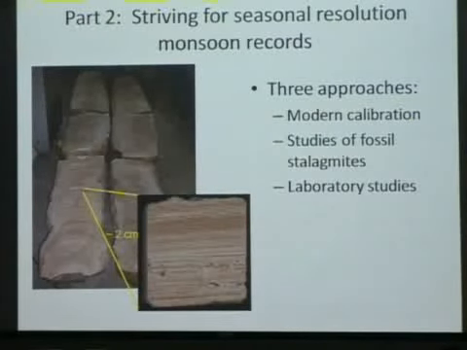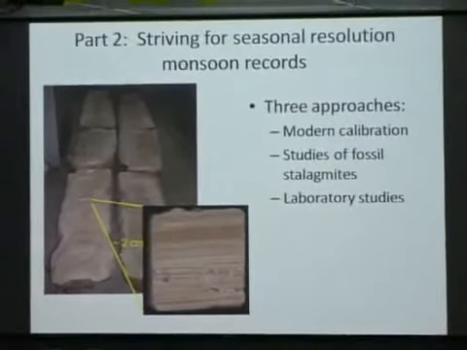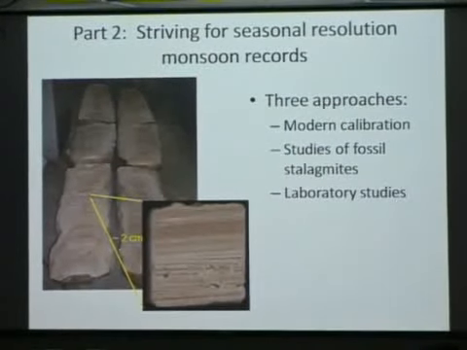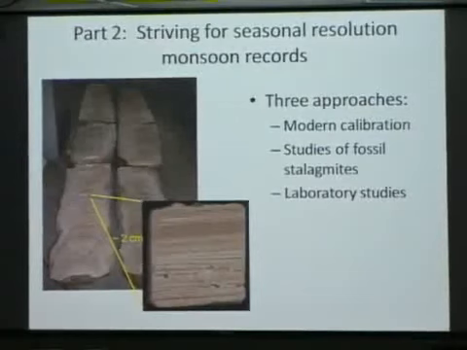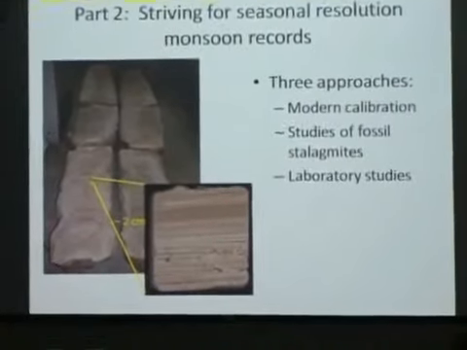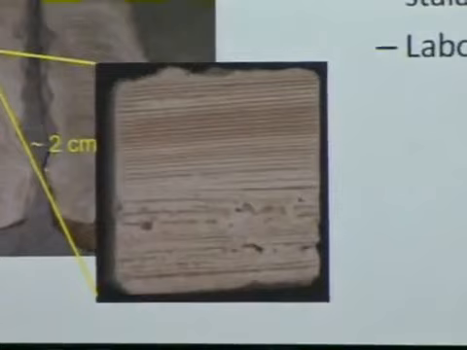Okay, so the second part of my research is actually trying to develop new proxies and look at higher resolution records. Speleothems are one of the best targets for looking at sub-annual resolution paleoclimate because they often have these annual laminae and they grow relatively fast, so we can sample them at very high spatial and temporal resolution. So this is, again, showing you that HS4 stalagmite split in half now, an example of some of these annual laminae. They occur as these dark light couplets, basically.